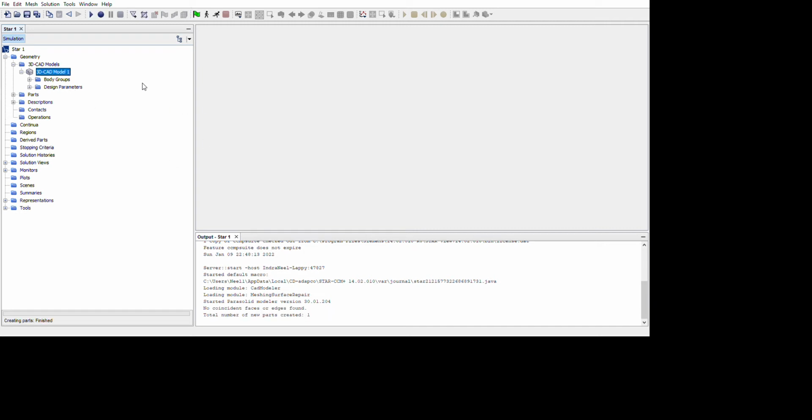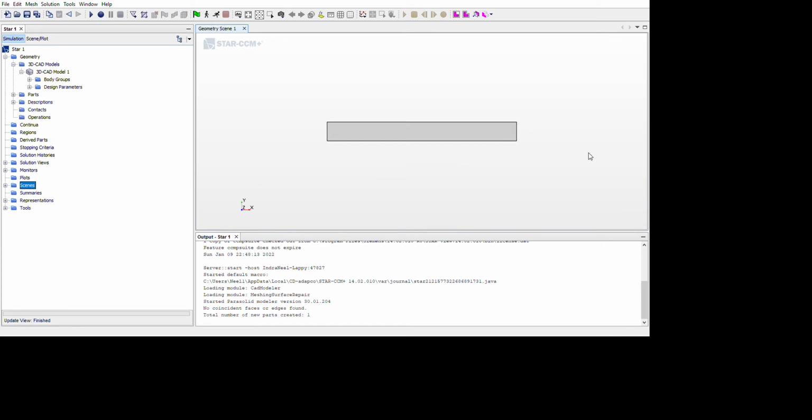So how to check whether our body is created and exactly imported from the 3D CAD model to the StarCCM meshing section: when you do the new geometry part, you get something called scenes, and if you go to your scenes, you can see the geometry. Yeah, this is the geometry which you have created. Our geometry is like a single part. So when you proceed to meshing, it's very simple because it's just a single part.